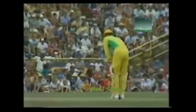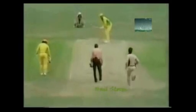Punishes this one, and there's no need to run for that. That's 4. And moves to 97. Oh, he's hit this one up, and he didn't really have control over it. Richard Hadley making a very good attempt, but it's 4 runs, and that's the 100 for...